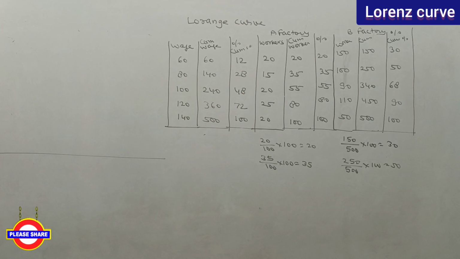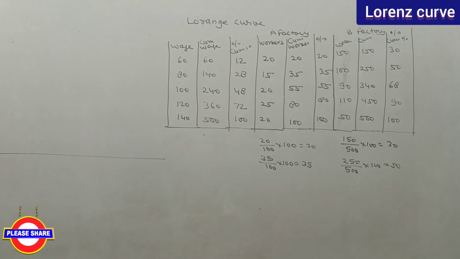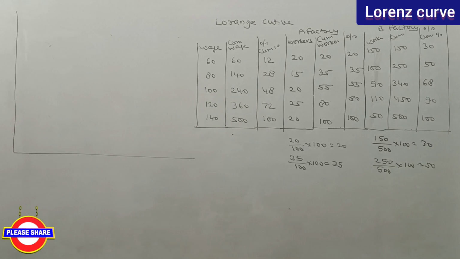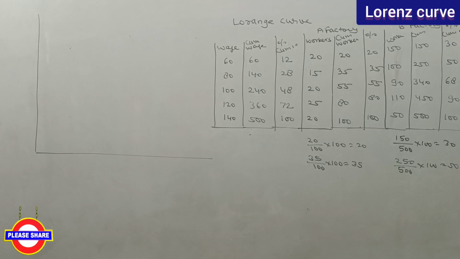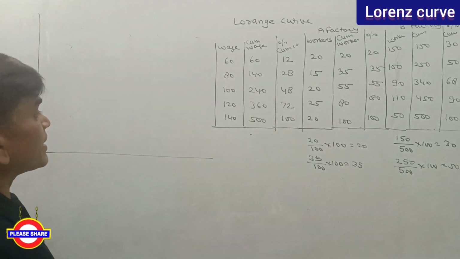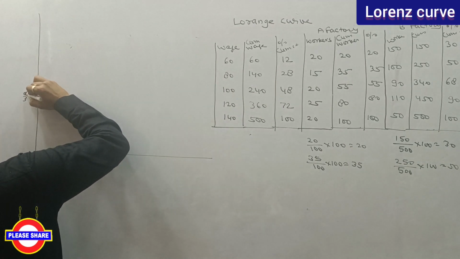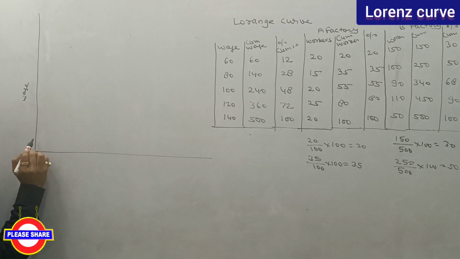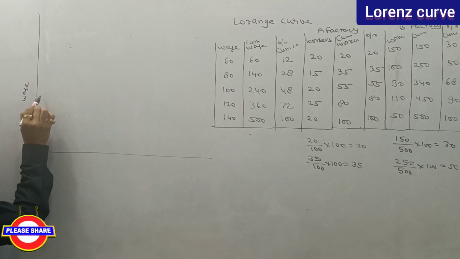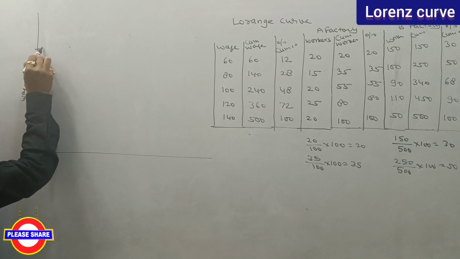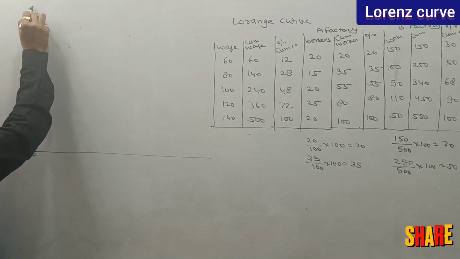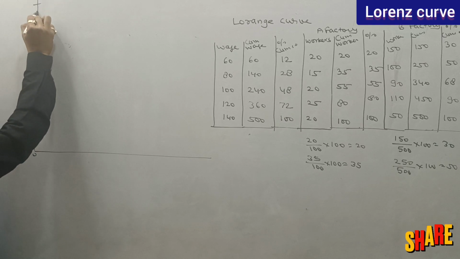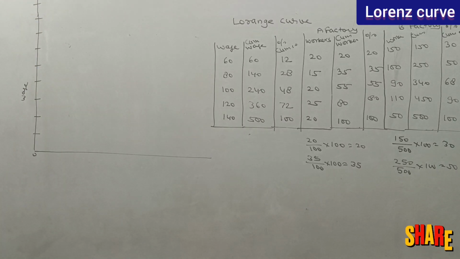So firstly I have to see whether the graph fits in the box or not. We require some place here to fit in the box. Okay. Here now I am taking the wage, taking 10%, 10, 20, 30, 40, 50, 60, 70, 80, 90, 100. I am taking the percentage.